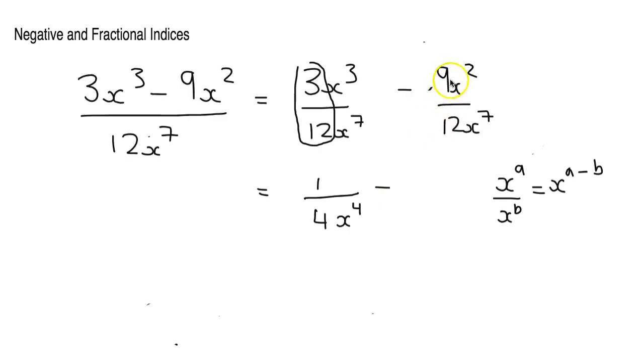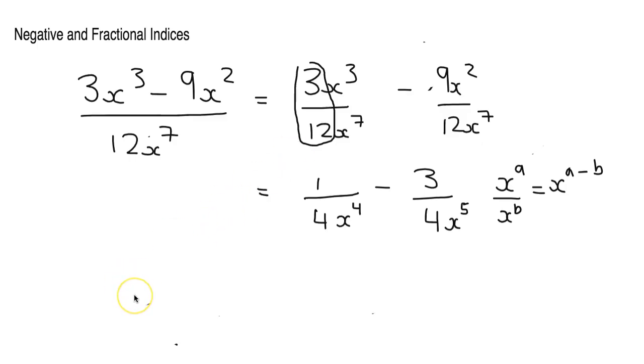And then we want to cancel down 9 and 12. Well, 3 goes into both 9 and 12. So dividing top and bottom by 3, that would become 3 on the top and 4 on the bottom. And then the same kind of idea, x squared divided by x to the 7 is just going to be x to the 5. Okay, and then, well, maybe we would like to write these as negative powers. I mean, you could argue this is fully simplified at this point,